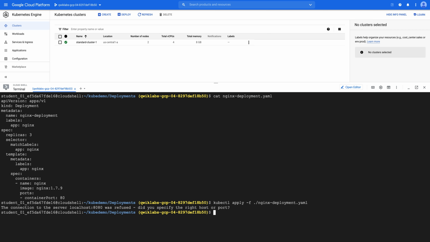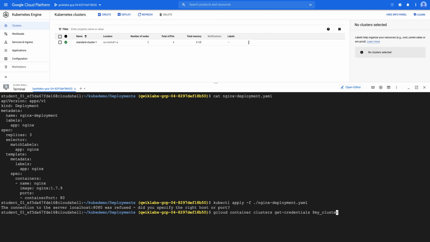When I try to apply my deployment, I forgot the most important step: I have to connect my kubectl to my cluster. To do that, we have to run a command for getting our credentials from the cluster. The command is gcloud container clusters get-credentials, and then the cluster name.